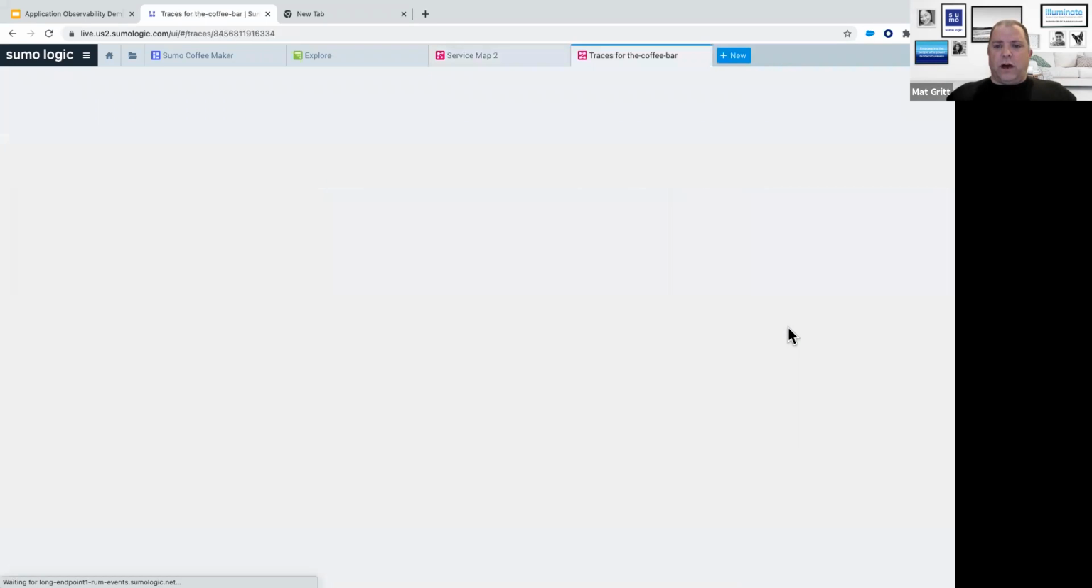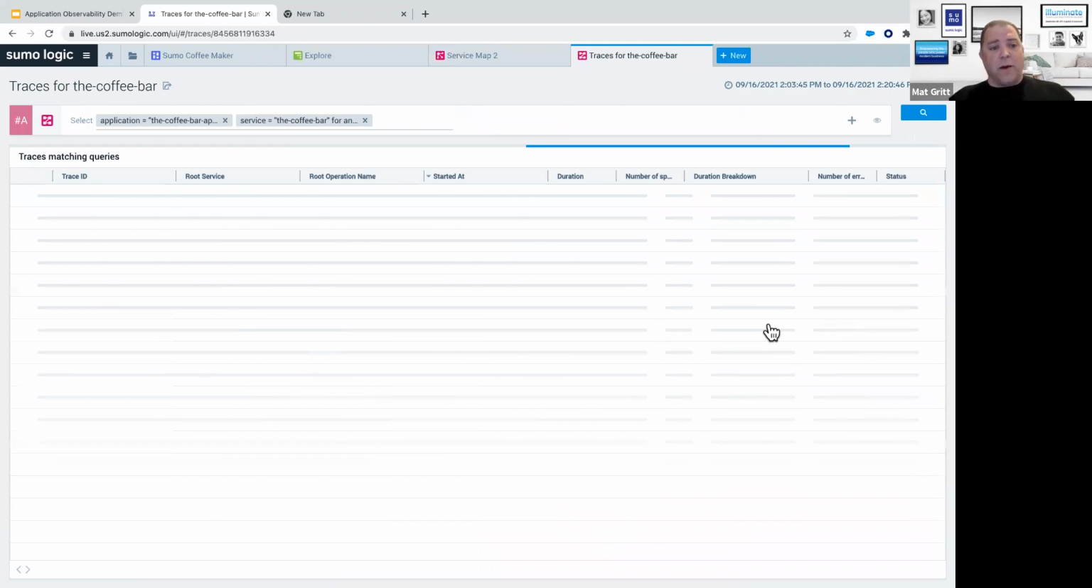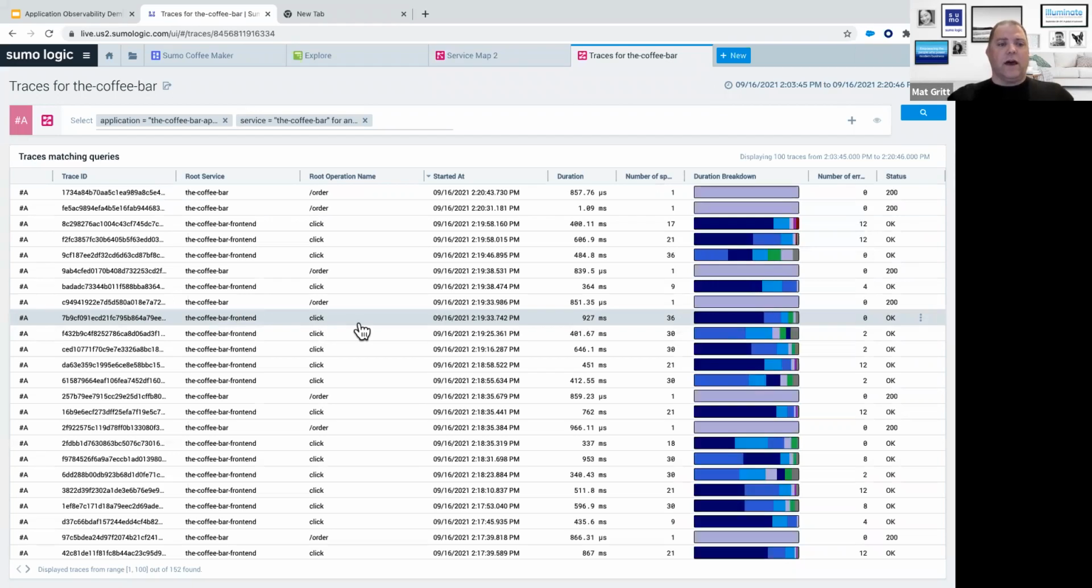So I'm just going to click on the traces and open that up. And as you can see, it seems very busy, but this is all of the traces that are happening for the application, the coffee bar, in that particular service. And we can see information about the trace ID, what the root service is, the operation name, when it was started, the duration, etc. Now, for me, doing some troubleshooting and things like that, I might want to have a look at,